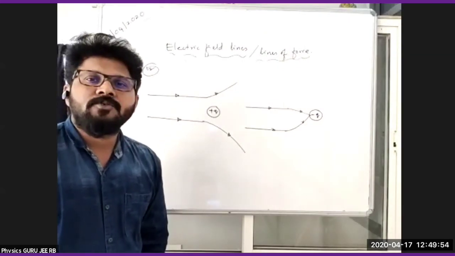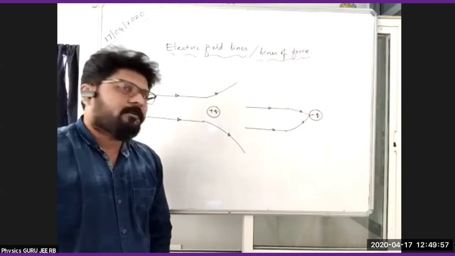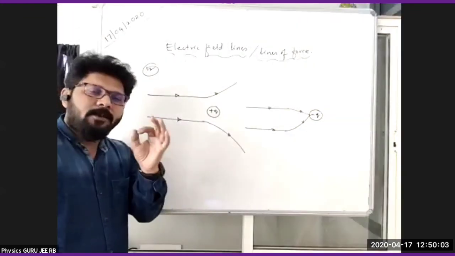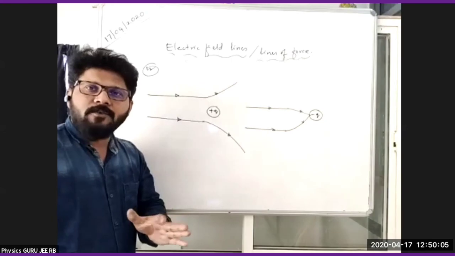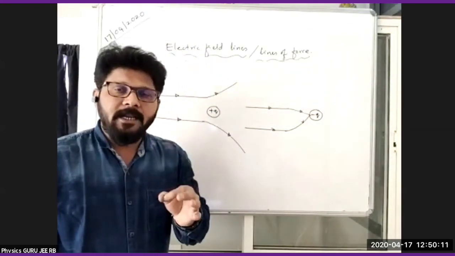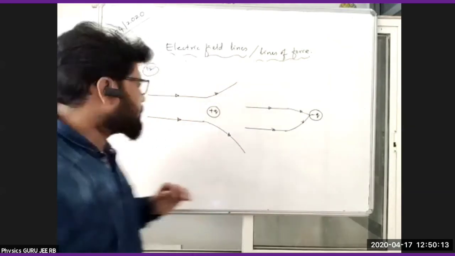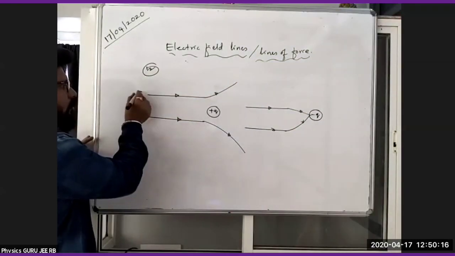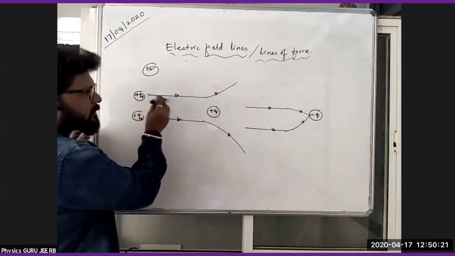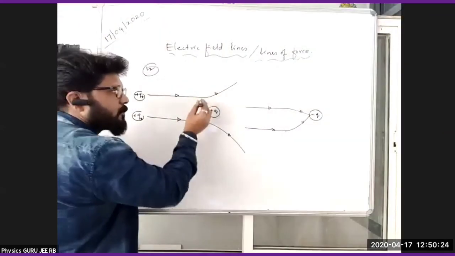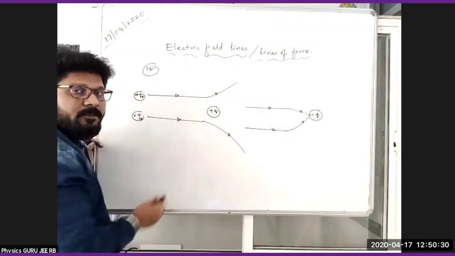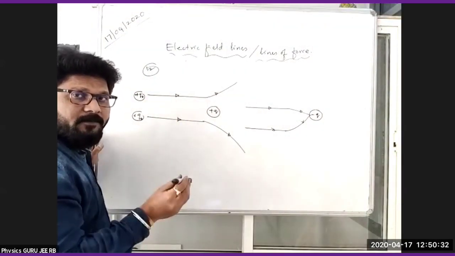Positive charge moves towards positive, negative charge moves towards negative. Not quite. Actually, imagine what an electric line of force is: the free path traveled by a positive test charge. Let us imagine a positive test charge Q naught is traveling like this. When it comes near, what happens? The positive charge will get repelled. It will go away. This is from the definition of an electric line of force: the free path traveled by a unit positive test charge.